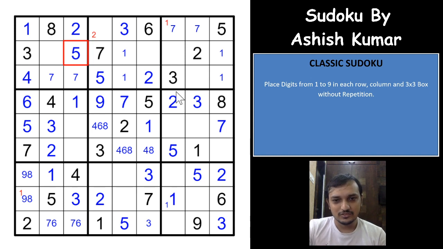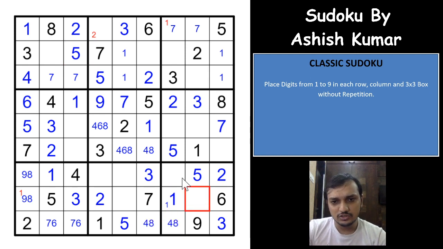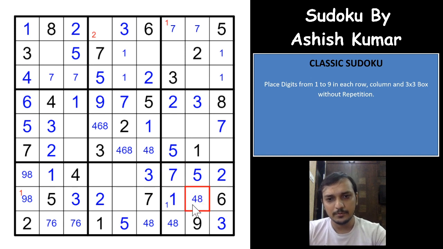and so you can eliminate this 3, and these two digits would have to be 4 and 8, right? Remaining two digits, and these two digits have to be 4, 8 and 7, right? So 7 is remaining, so 7 would have to be here. This also is 4 and 8, and this 7 gives you a 7 here in this box, sorry,